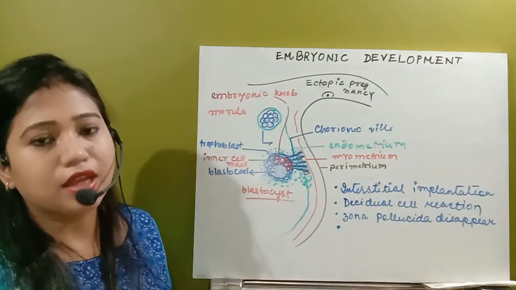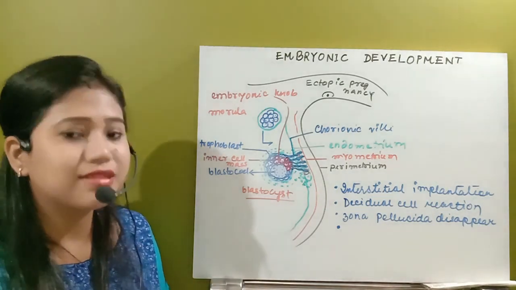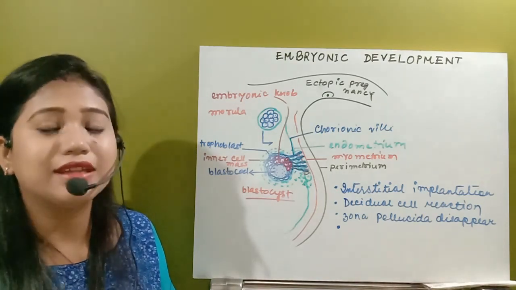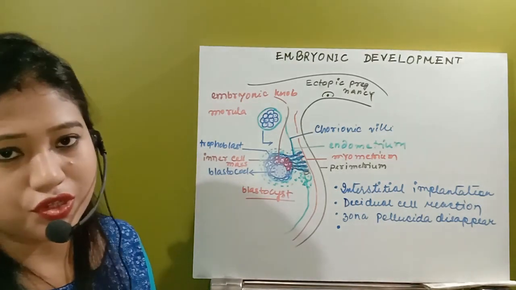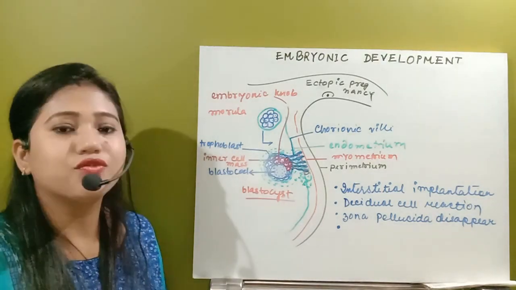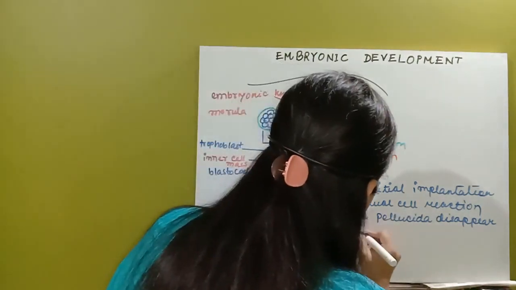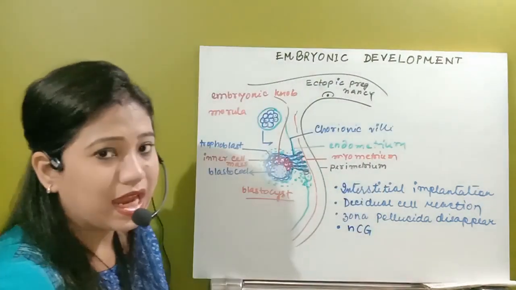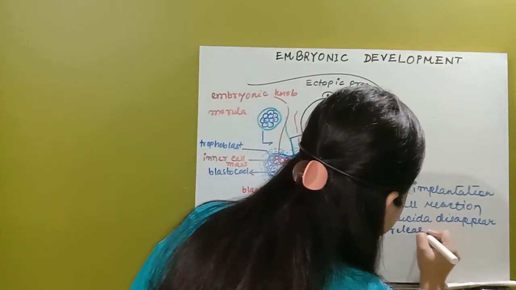In the menstrual cycle, we have seen it. If implantation has taken place, then it is not allowed that the corpus luteum will degenerate and not release progesterone hormone. It is not allowed. So that's why the trophoblast will release a hormone known as human chorionic gonadotropin. HCG hormone is released by